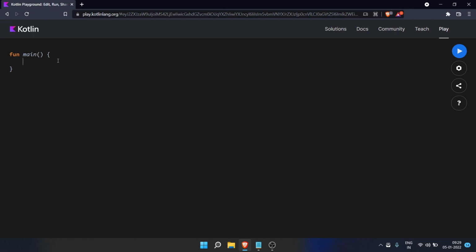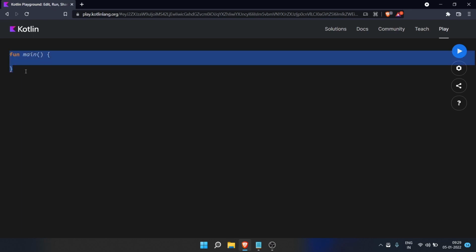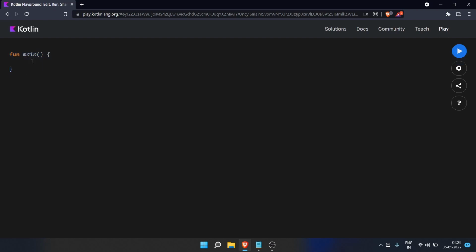Here I can start writing my code. This is the pre-written code, fun main. So what is main? Main is a function which is the first function run by our system, at the beginning of our execution. So remember that. You can have multiple functions. We will come to that part.